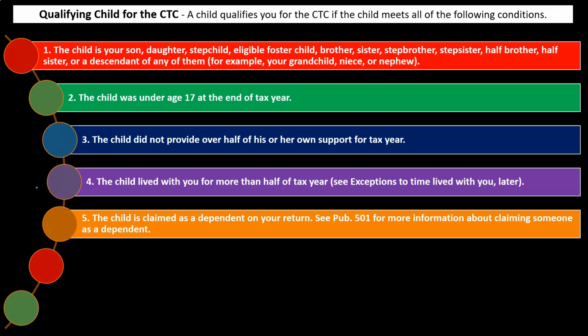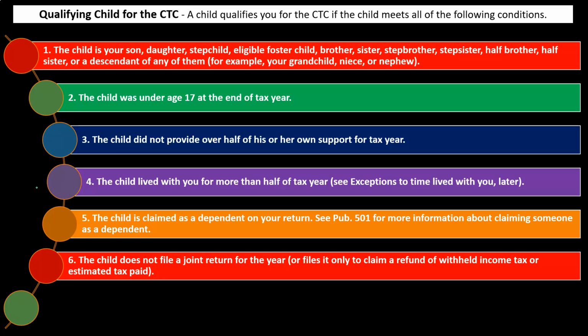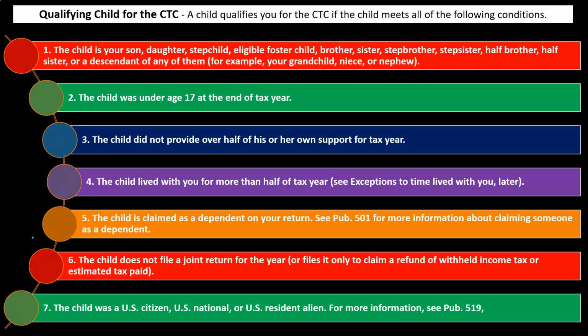So they're a dependent on your return. You can see Publication 501 for more information about claiming someone as a dependent. So we talked about dependents in a prior presentation. So 6, the child does not file a joint return for the year or files it only to claim a refund of withheld income tax or estimated tax paid. So if they file a joint return, that would mean they're married, and you would think if they're married, they wouldn't be a qualifying child on your return, but possibly there's this exception here that you could take into consideration